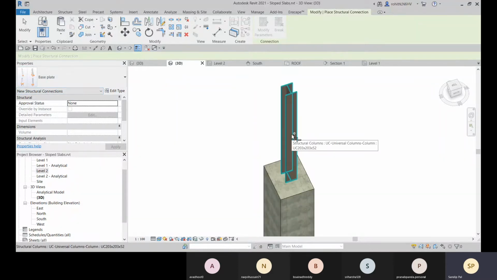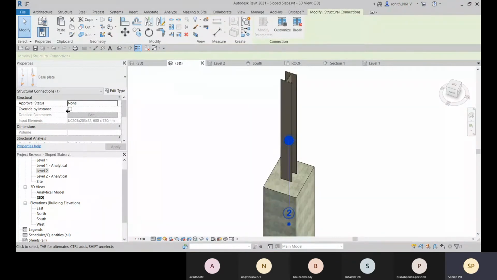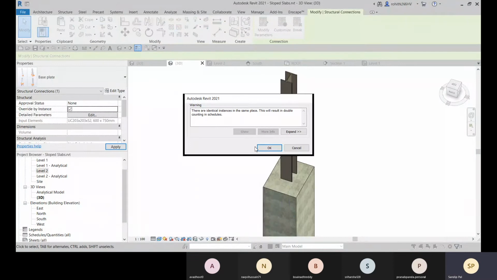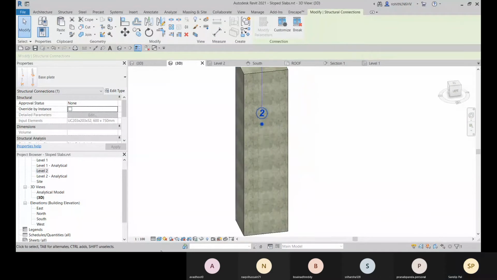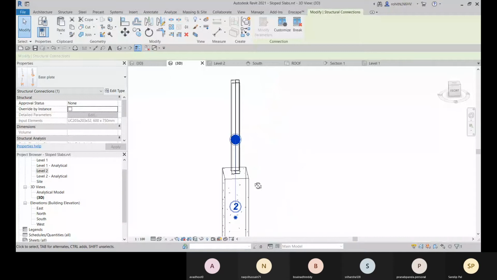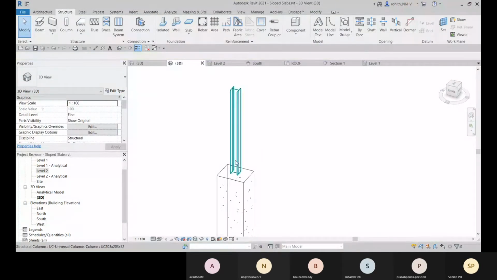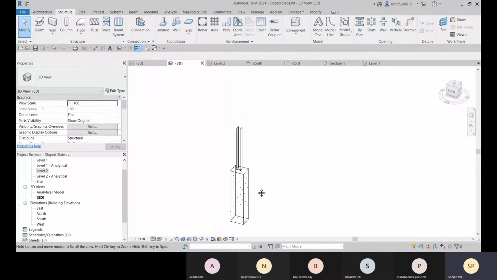Let me select this steel column first and then select this one and then enter. And that is done here. Okay, let me go with this override by instance. This is already there, but I'm not getting where it is placed. Let me change it with the wireframe. It should be coming there.